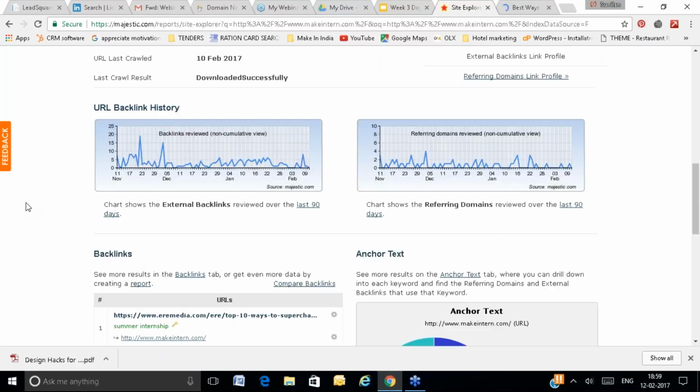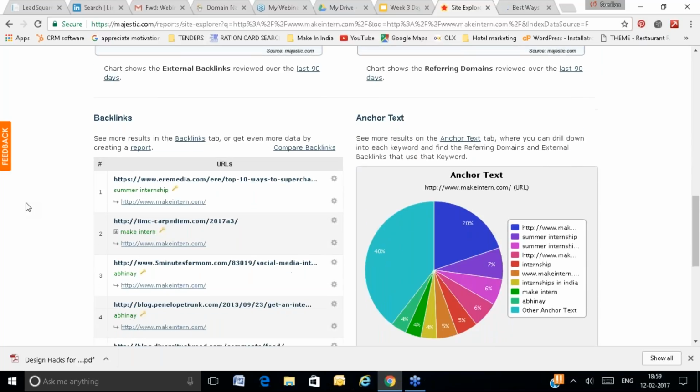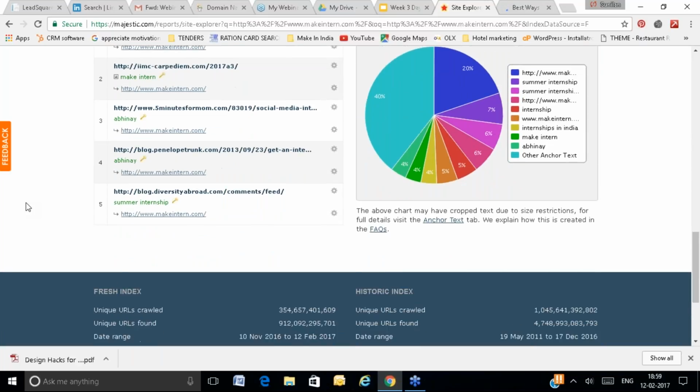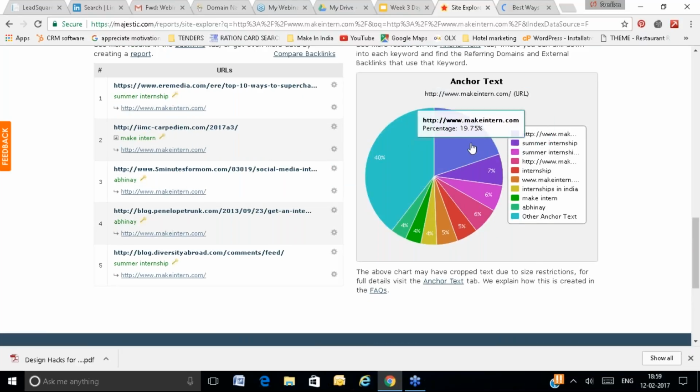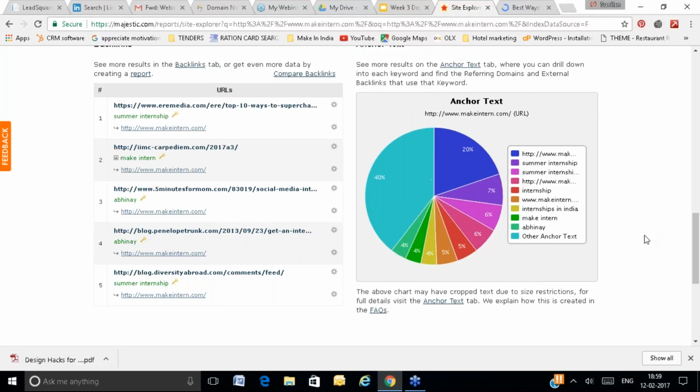Here you can see the backlink profile of MakeIntern, the list of websites which have given a link to MakeIntern. MakeIntern has received links on keywords like makeintern.com, summer internship, summer internship program, and internship. These are the keywords on which they have received links.